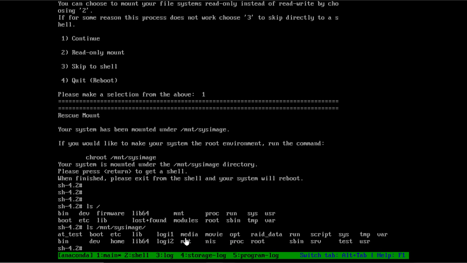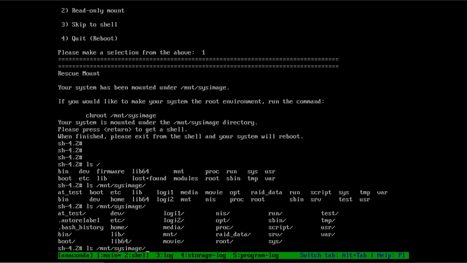Now I know there is a boot directory here, and it is not able to find the kernel file. So let's try to see what happened to that. I will list under /mnt/sysimage. Under this we have our own file system, the whole directories are here. Under this I will check the boot directory. Where is the boot directory? It is here. So I will check the boot directory from here.